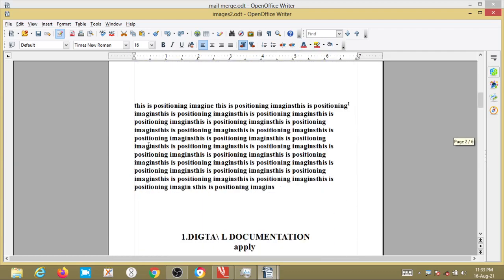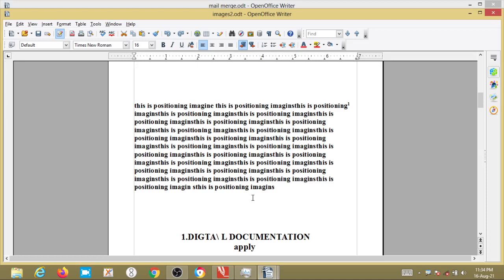Then we have the bulleted and numbered lists. I explained in the first class itself what bulleting and numbering are, right? Suppose I have written certain things here, imagine these are all separate points. If I want to make them point-wise, then I use the option called bulleted and numbered list.